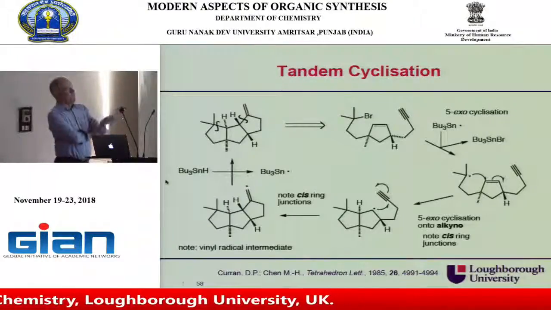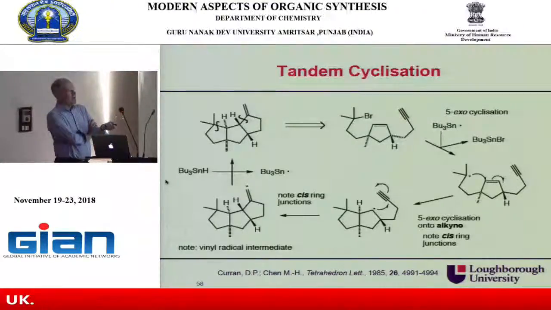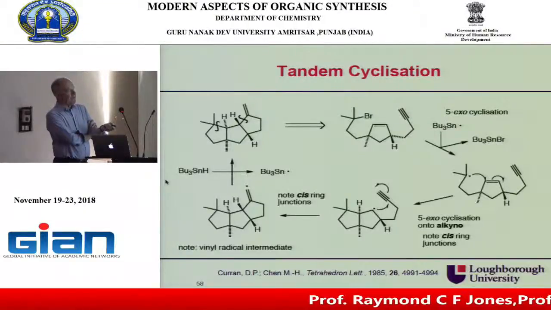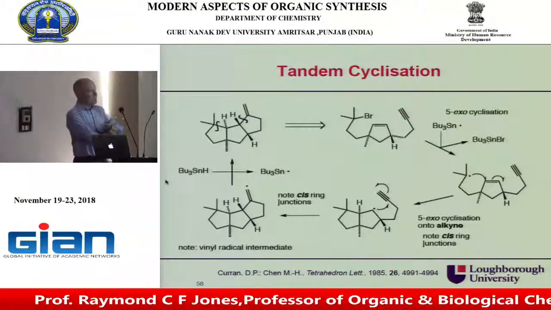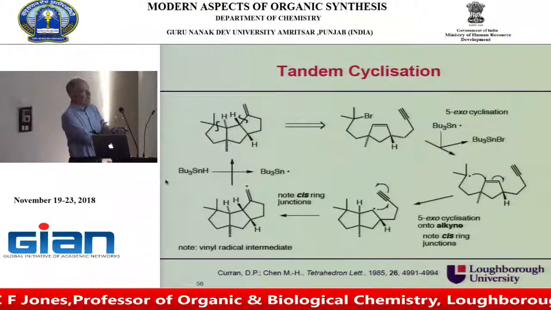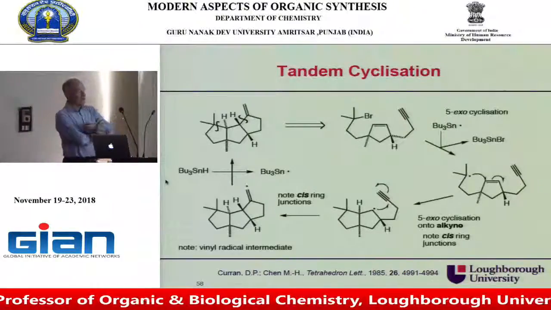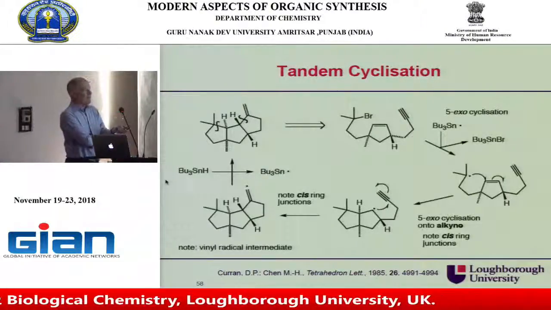What happens? Your tributyl tin radical abstracts this bromine atom to give you that alkyl radical. That adds to this double bond here in the cyclopentene in a 5-exo cyclization. Creates a cis ring junction. I said that if you form a bicycle, it's almost always the cis ring junction, and that's a 5-exo cyclization,